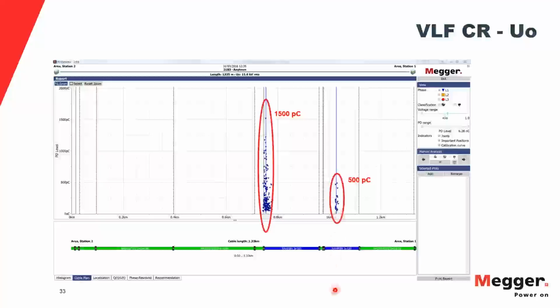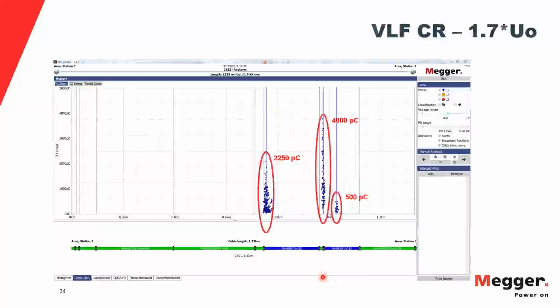When we brought the voltage up to 1.7 times rated voltage with the cosine rectangular, now it's able to find that splice at 900 meters, clearly finds that splice, still finds a splice at 750 meters, and this problem in the insulation still shows 500 picocoulombs. It didn't get worse with increased voltage. So